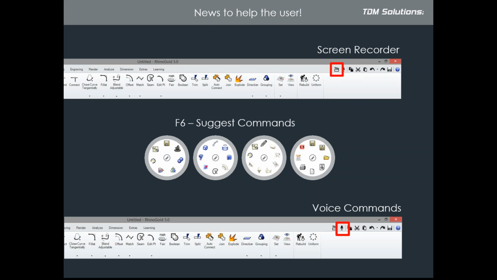Okay. Okay, great. Then other thing, the voice command. Okay, also we improve the voice command. The idea is if you don't remember a command in RhinoGold and you don't remember where is the icon and so on, you can click the mic, okay, and say the command, okay, and also you can create automations, okay. For example, what I want to say when I say bye, I want that RhinoGold save the file and close RhinoGold, for example. Then I can customize all these commands with a scripting tool, okay.